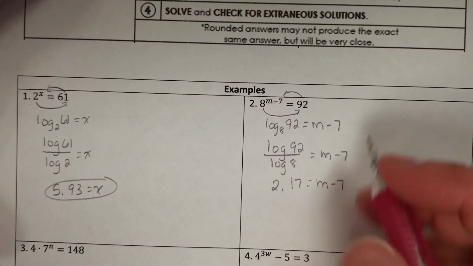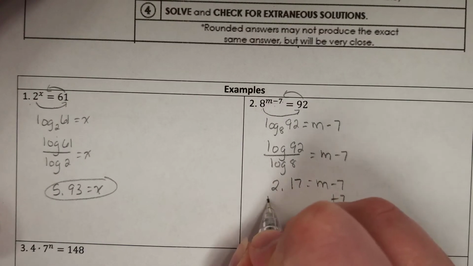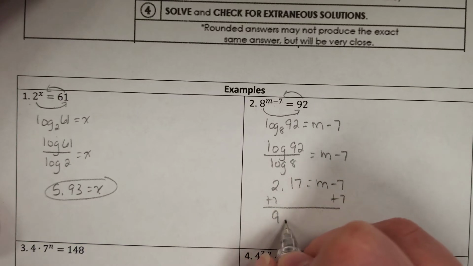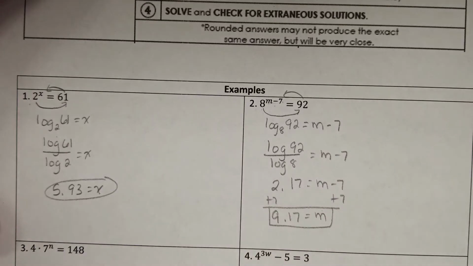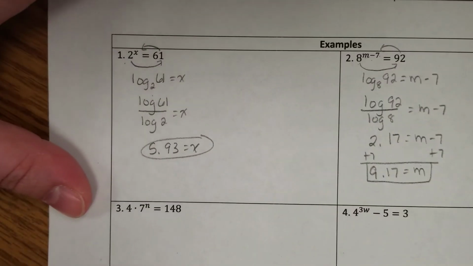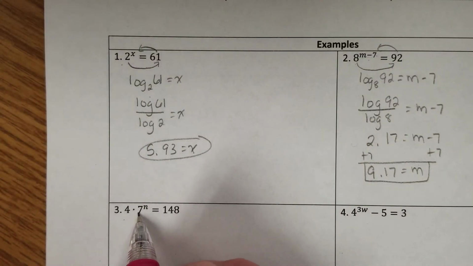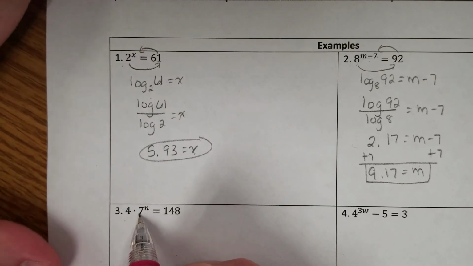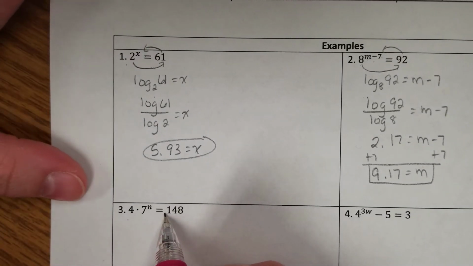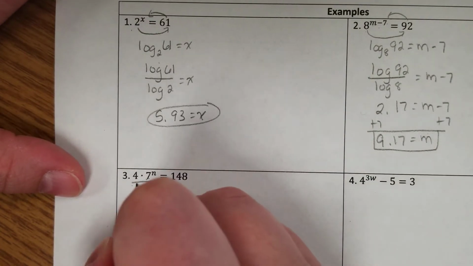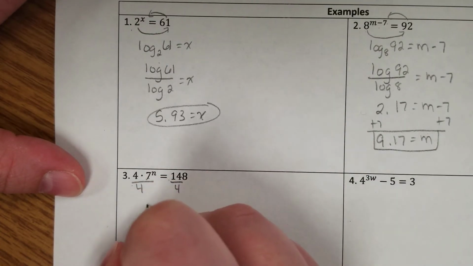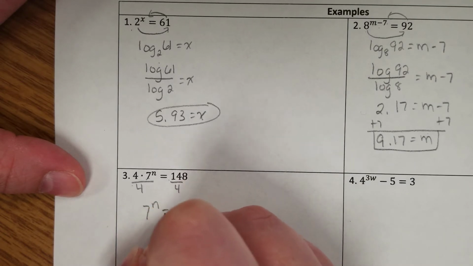And then we just solve this like we would a normal equation. So you add 7 to both sides. We have 9.17 equals m. Alright, now for this one, we have 4 times our exponential function, 7 to the n power equals 148. So you have to get this 7 to the n by itself, and to do that, we're going to divide to get rid of multiplication. So we have 7 to the n equals